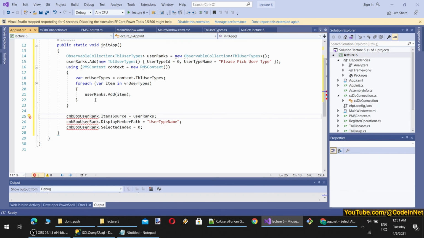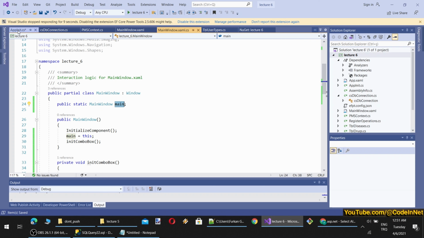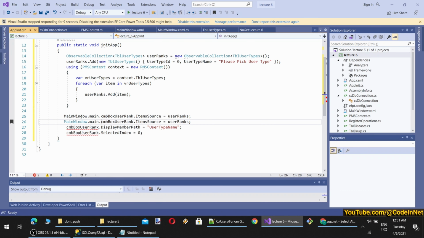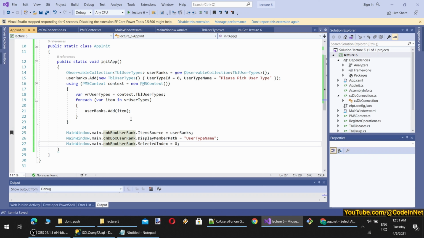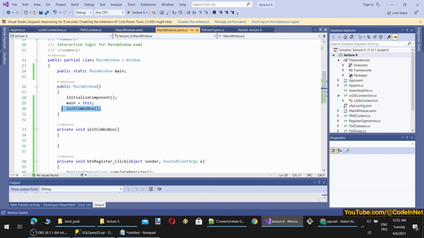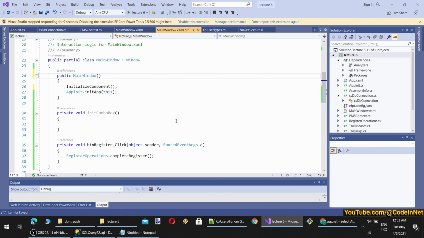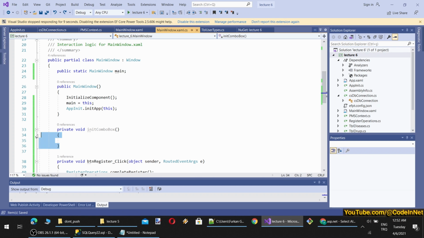We have added it, but we are not able to access this. So how we are going to access it is simply by public static main window main. From here, we can access it, I think, here. Yeah, like this. I could also get a reference of this combo box inside here. However, I think I will do a better approach. So, let's say main simply. And when I call this method, I will call it like this: up init dot init up, and it will take this. So you can use either method. You can either reference it or you can provide a reference like this. It is up to you. I think we can reference it like this, but we can keep the other way as well. So let's keep both of them.